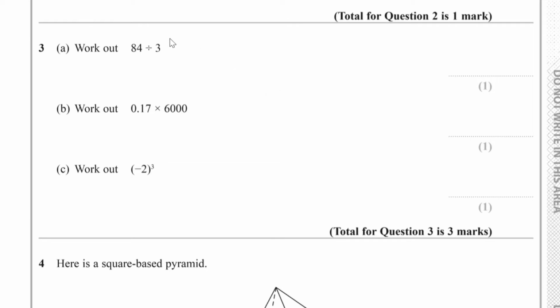Question number 3. For part A, we have to work out 84 divided by 3. This is equal to 28. For part B, we have to work out 0.17 times 6,000. Well, what we have is 0.17, which is being multiplied by 6,000. And what this calculation is the same as is